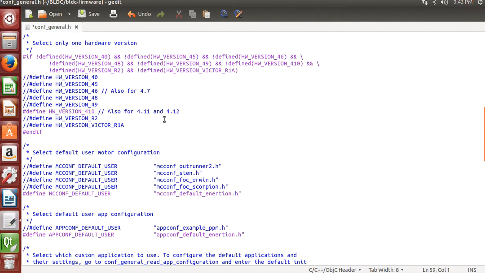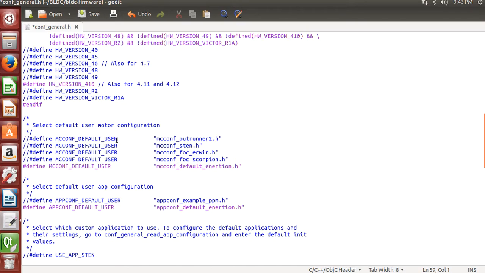And that means that our firmware is, very importantly, configured for the hardware that we're using. This next section right here is for the motor configurations. So select default user configuration. So if I put a comment here, it's default. There's nothing else that you can do. Or it's going to just have the default settings. If I decomment this one, which is the default Enertion .h file that we've just created, or if I comment them